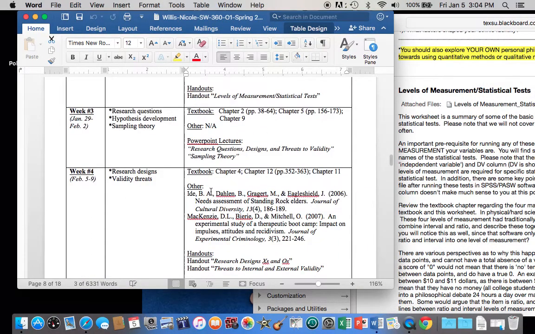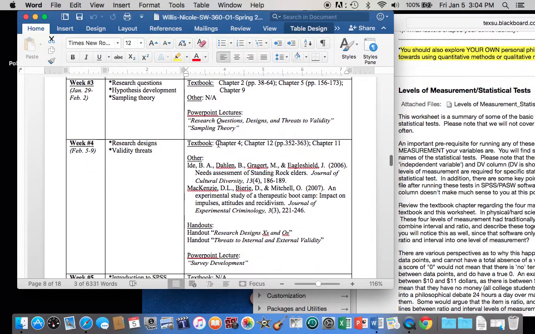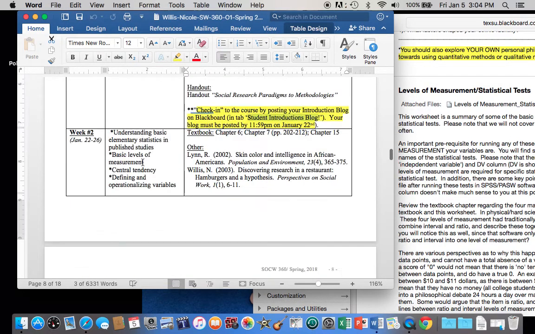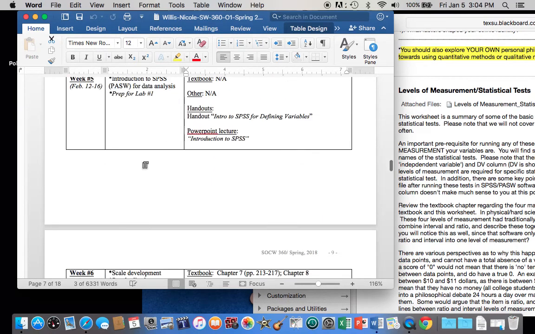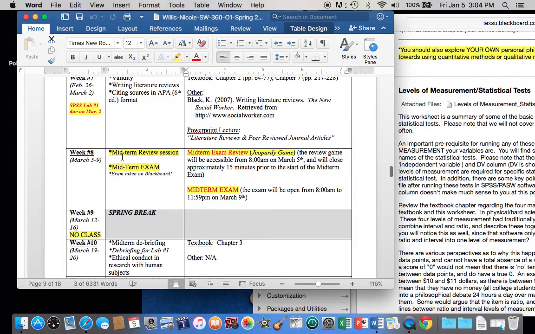And that's how our course schedule will run. Again, it tells you if it's other readings, if it's a PowerPoint lecture, if it's a textbook, if it's a handout, and there are a combination of things for each week. Okay, so we will run down the list here. Then we get to,